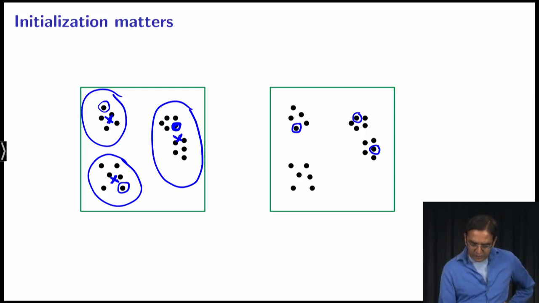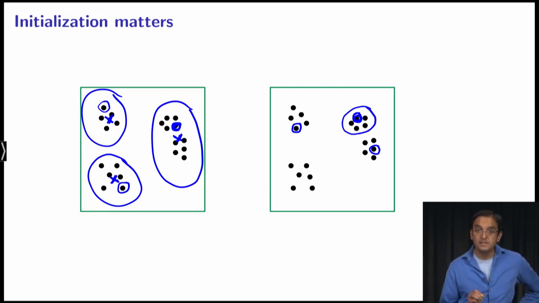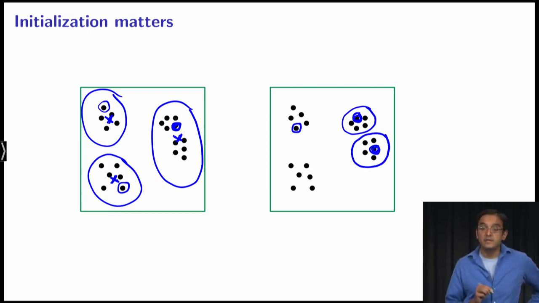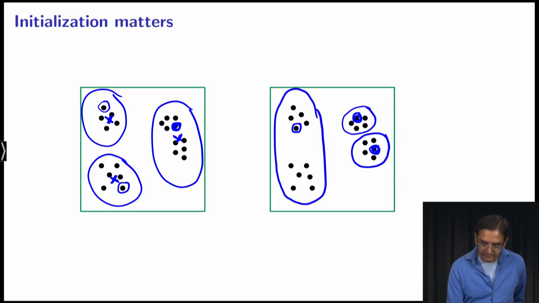So, which points get assigned to this center over here? These points over here, so that's one of the clusters. Which points get assigned to this center? These points over here, that's another one of the initial clusters. And which points get assigned to that center? These points over here. So these are the three initial clusters, and during the first round of k-means, the means